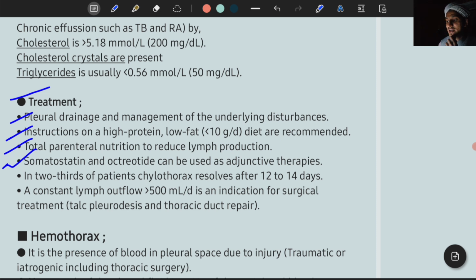Somatostatin and octreotide can be used as adjunctive therapies. In two-thirds of patients, this is an important point, chylothorax resolves after 12 to 14 days. In approximately 75% of patients, chylothorax will be resolved in 2 weeks. Okay, if it doesn't resolve,